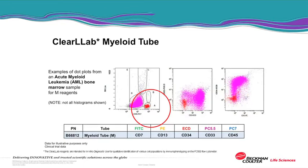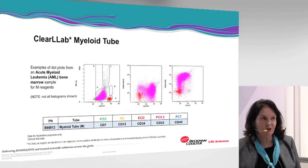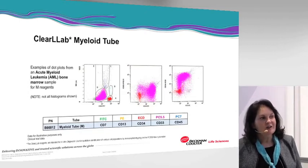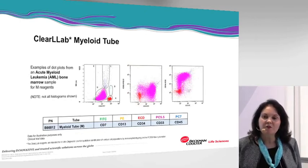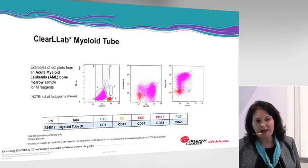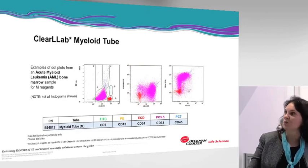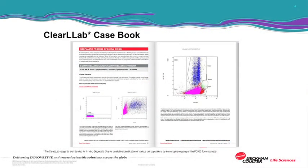One of the things the FDA really wanted us to include, and we thought it was a really good idea as well, is a case book. A case book is a set of cases that are analyzed in great detail and show you what to expect when you use the reagents. We have both normal and abnormal samples, so you can see what the characteristic staining patterns would look like. This is actually a case book for another product, but just to give you an idea,